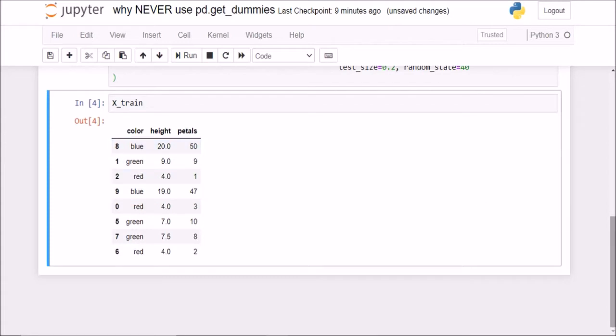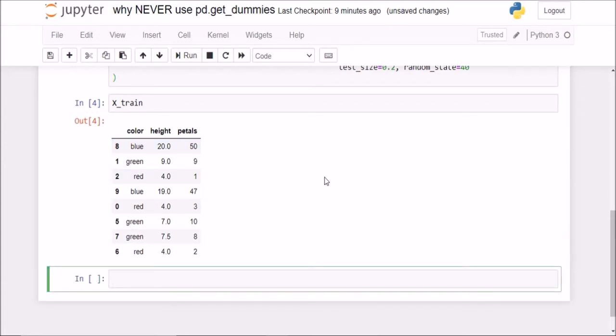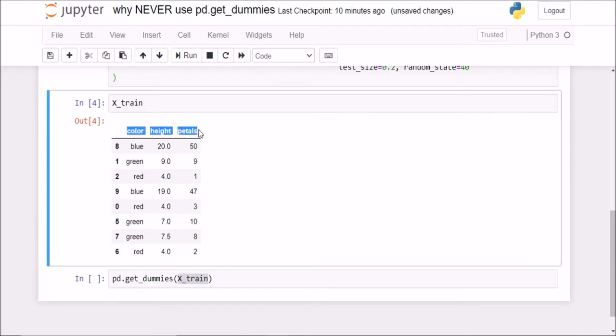Okay, so now what is pandas get_dummies? If I check pd.get_dummies, and now I'll pass in the entire data frame here, which is my X_train. What get_dummies will do is, for this data set, it will try to find all the columns which have categorical variables.